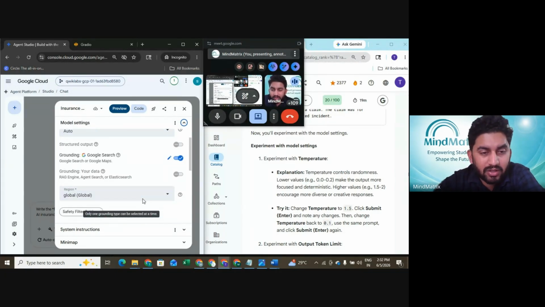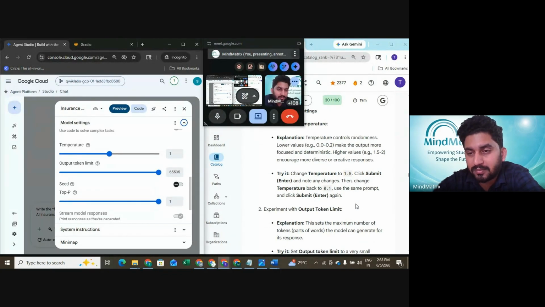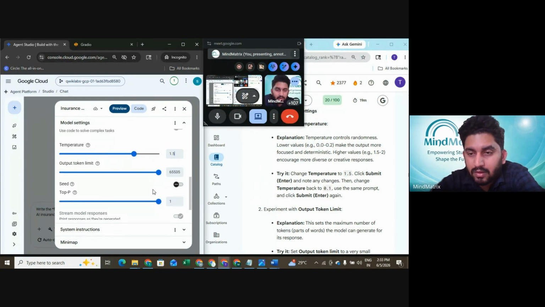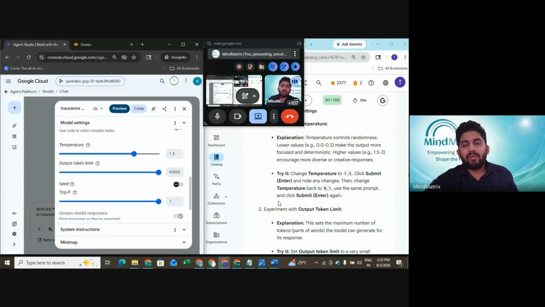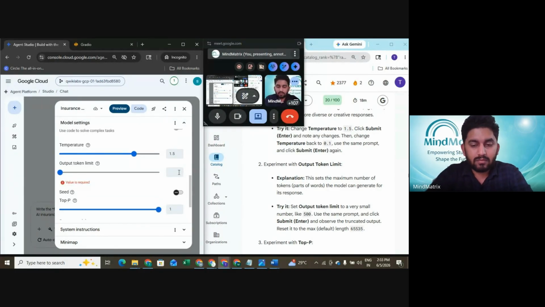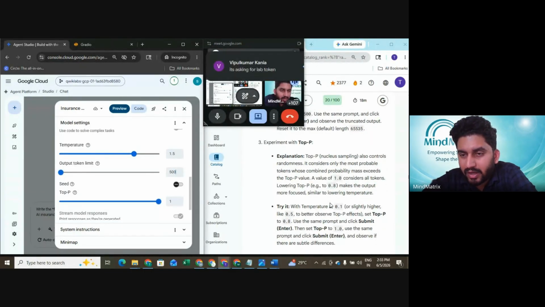Just go to the temperature and let's set it up. As you know, the temperature controls the randomness. Lower values make the output more focused and deterministic. Higher values encourage more diverse or creative responses. Okay, let us change it to 1.5, and output token limit, let us set it to 500. And top P value, let us make it